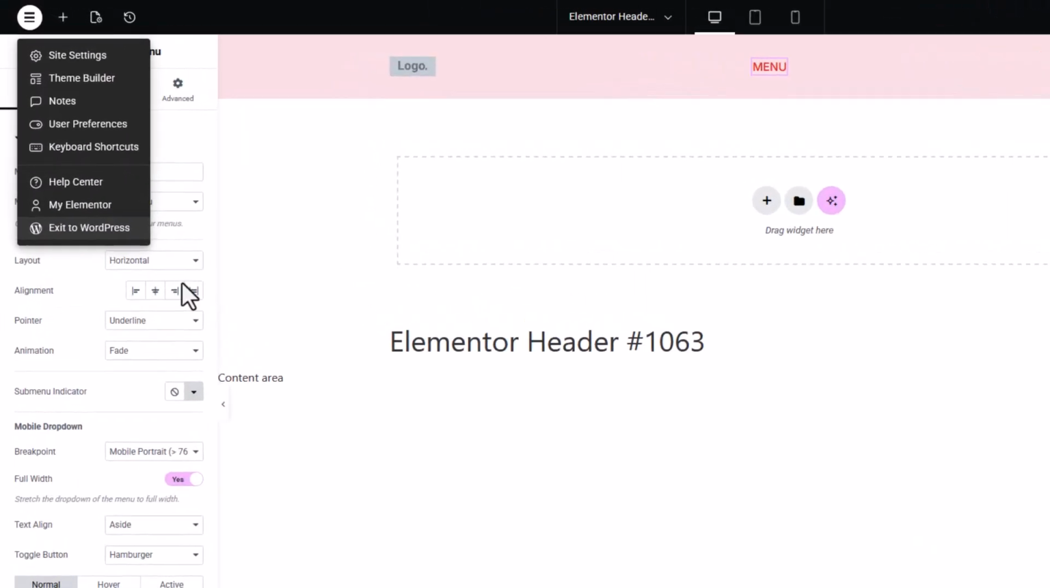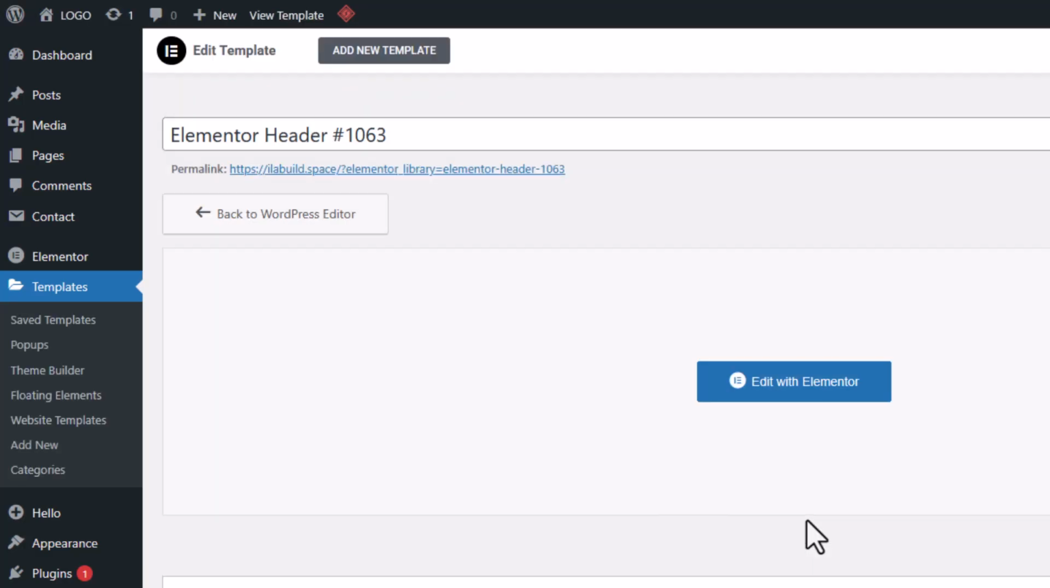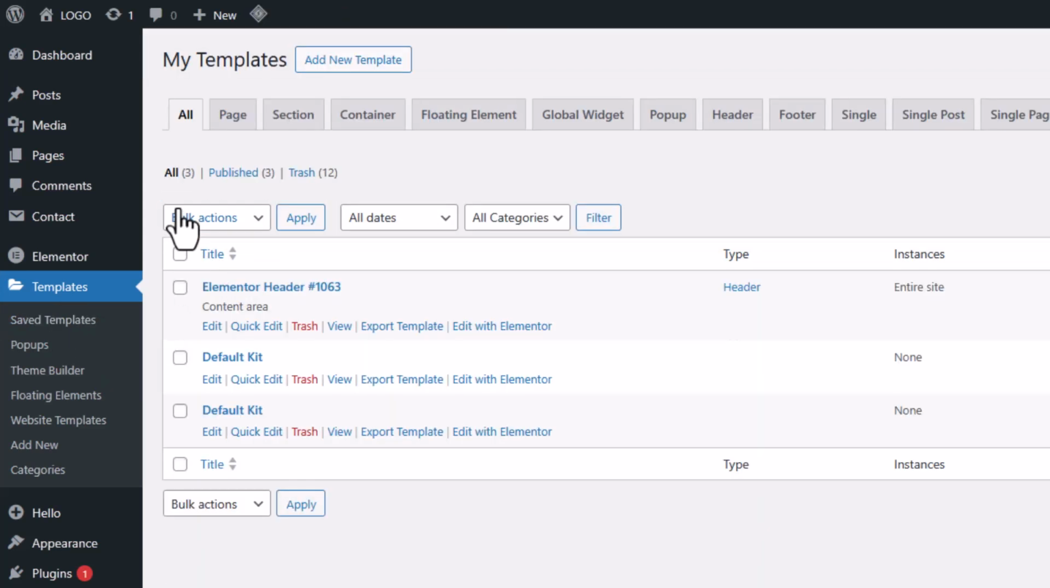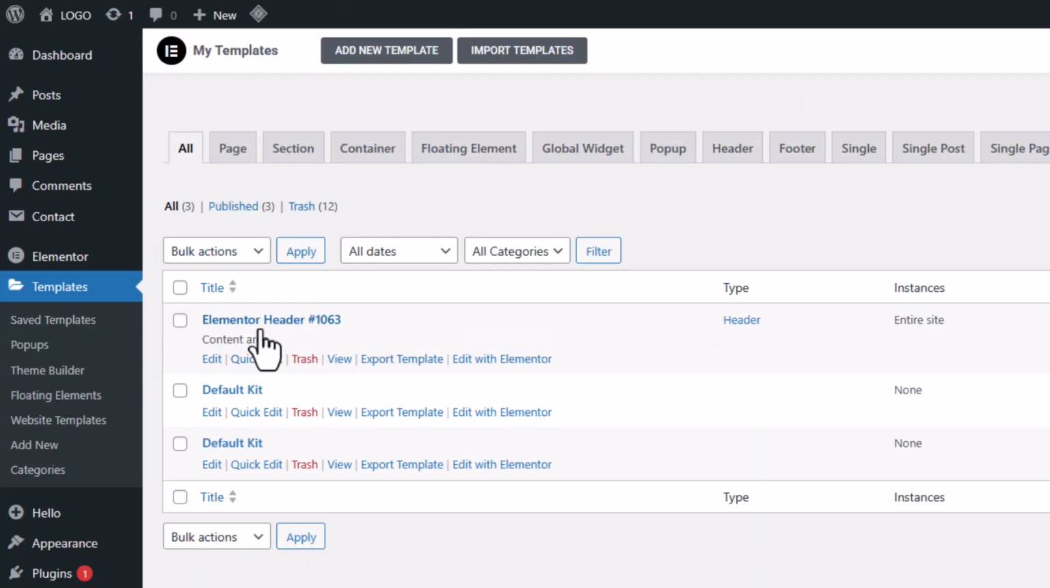Similar way, let's create our custom footer. If you go to Templates, Saved Templates and all, whatever you have created will be listed here. You can also find your theme builder templates here as well. Now I'm creating my custom footer. Again, you will find all your created ones listed here, and you can also access from here as well. So I'm going to footer,